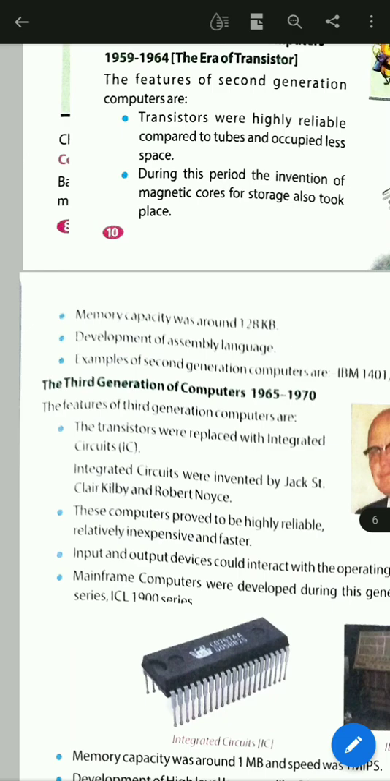These computers were used in business, education, scientific, and engineering areas. Next comes